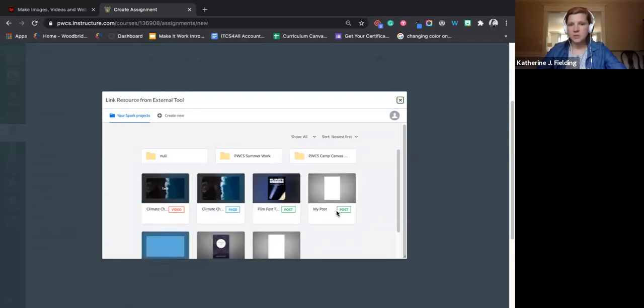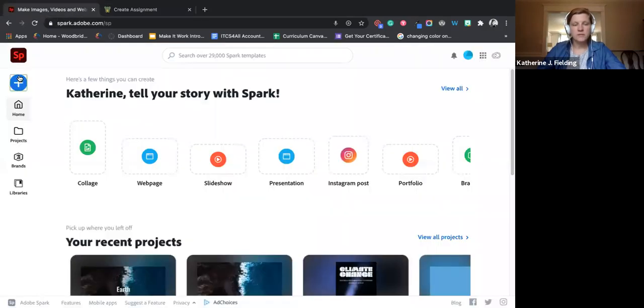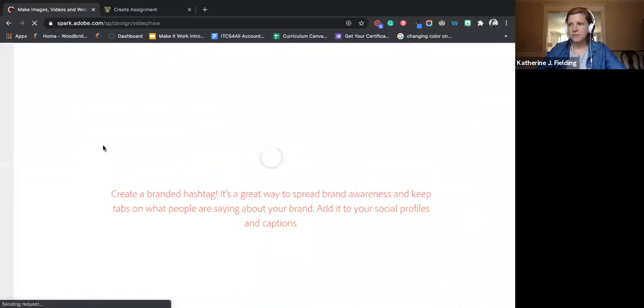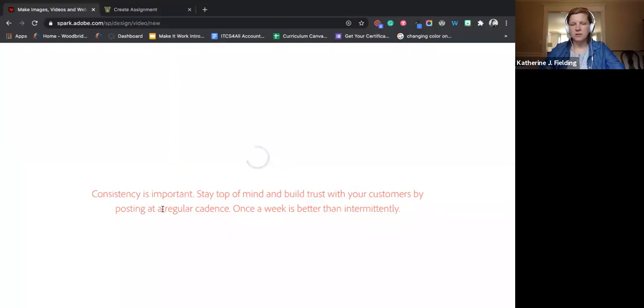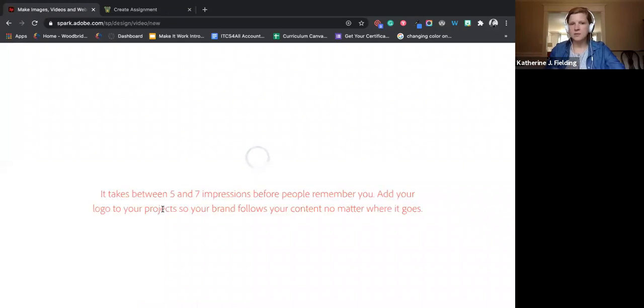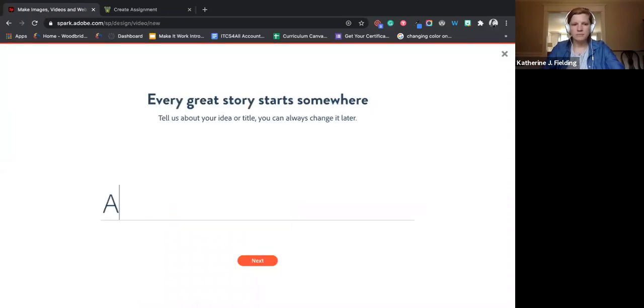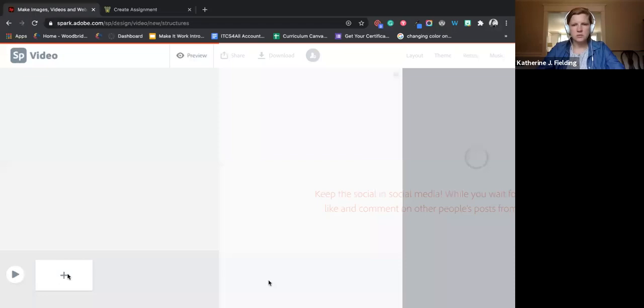I can assign a student, like I could start a video, I could go to Adobe Spark, I could start a video project. So this might be better for younger students to start a template for them. So what I could do is, if you want certain elements to be in the project, you could have those directions, but you can also provide them a template that has those different slides and says, okay, this is your about me. So this like first week project from scratch. So we're gonna say,